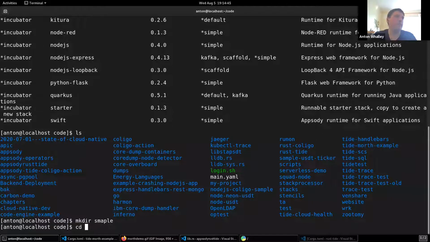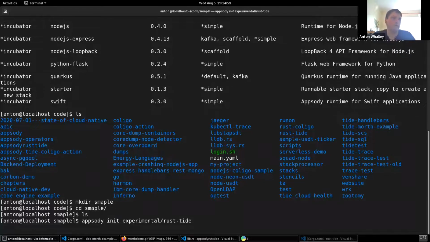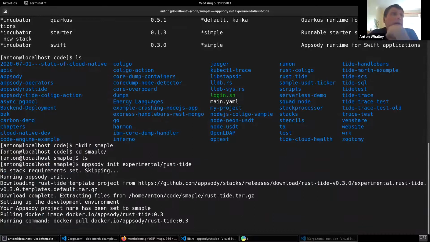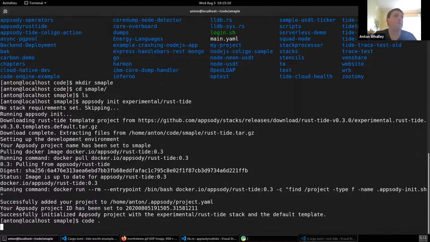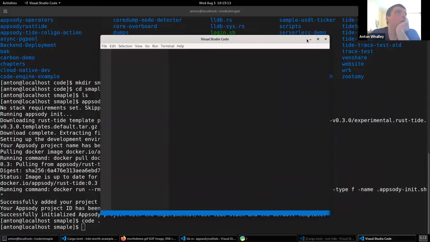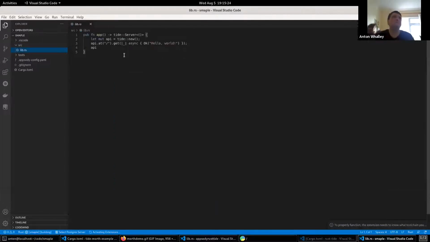Sample. And so what this is doing is just initializing an Appsody Tide project. Okay, so if we have a look at what that generates for me, it creates this standard cargo library. Okay, and this cargo library is just a function. So it basically returns a Tide server definition, and I have this API object that I can just extend